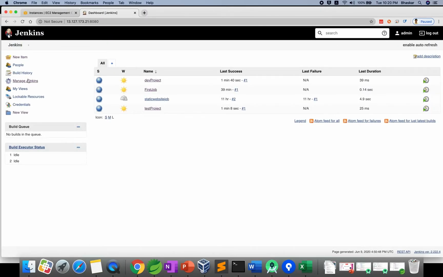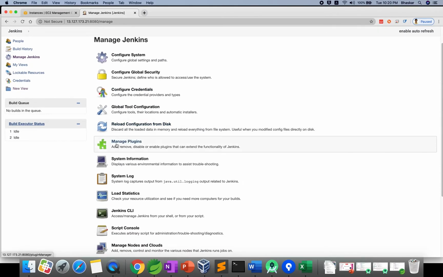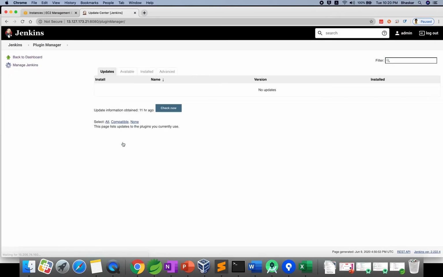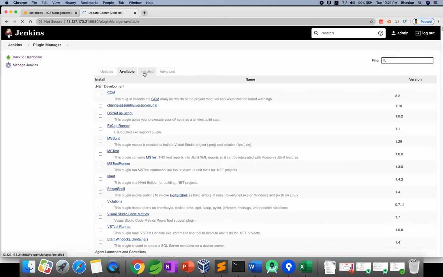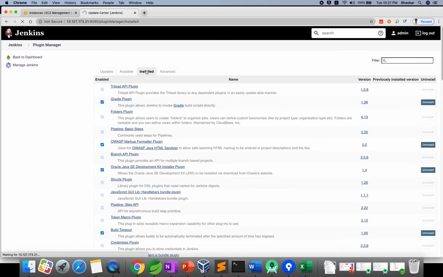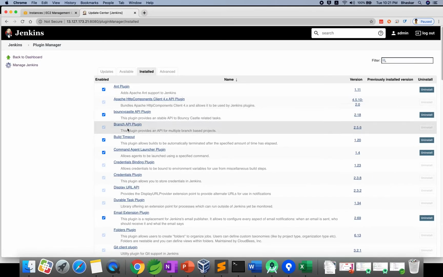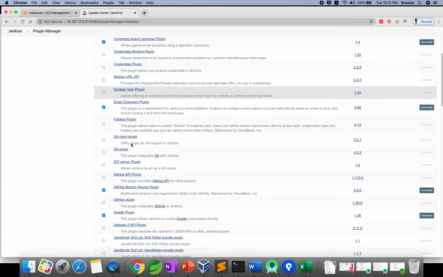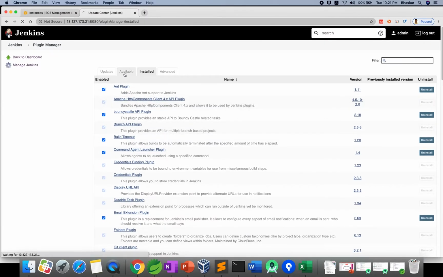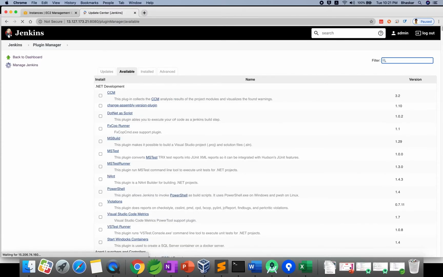Go to Jenkins, Manage Jenkins, and we have Manage Plugins, just click Manage Plugins. Here we can see the plugins available and what is installed in the Jenkins machine, every install-related thing is available in this tab. As part of installing Jenkins, some plugins are installed, right? So those plugins will be visible here. So what I will do here is go and type role based strategy plugin.